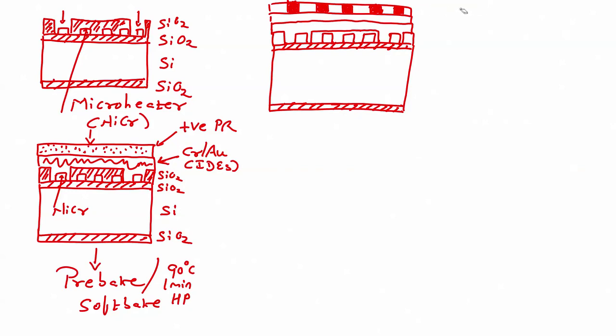Let me write it down like this, bright field mask. What is this? This is my photoresist, which is soft baked, positive photoresist. Then what is this one? This is my chrome gold. What are these things? These are my silicon dioxide, sorry,